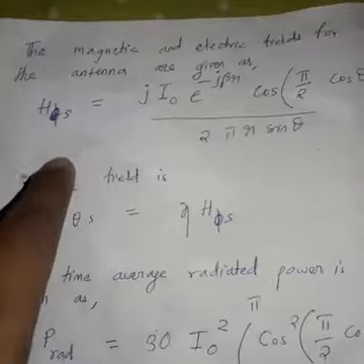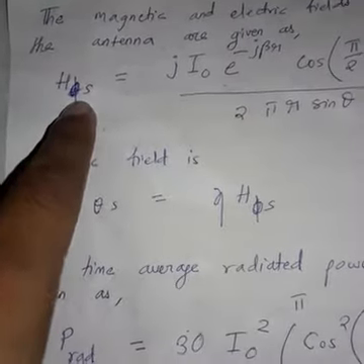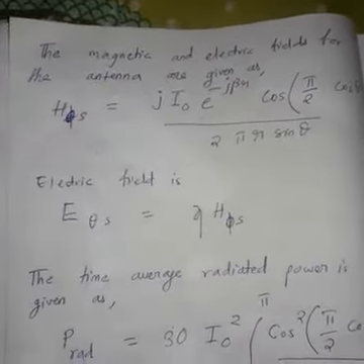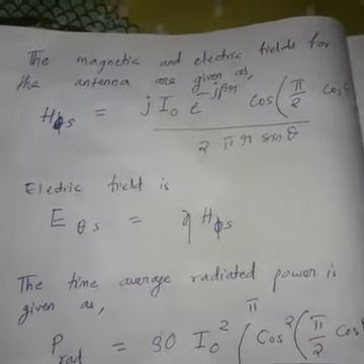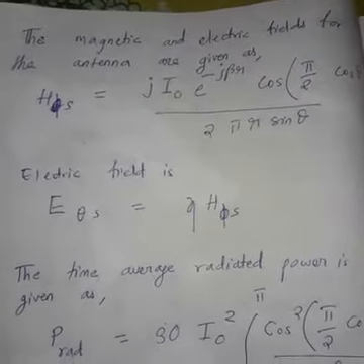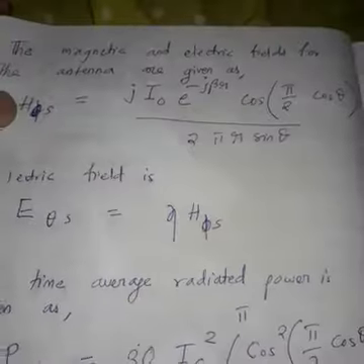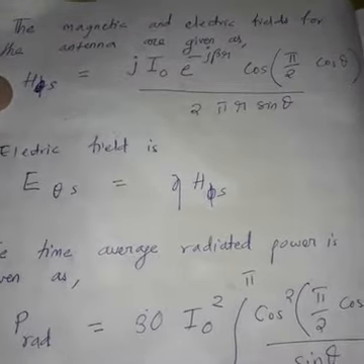Here you see two angles I have taken. Phi is the angle created by the magnetic field, and theta is the angle created by the electric field. Simply remember this formula. This is beyond our scope, because the derivations are in the antenna chapter of electronics engineering. If you look at applications of antennas, the derivation is there in detail. Those are very complex derivations with different terms of antennas. We need not go to that chapter, as it is out of our syllabus. I have collected this formula for you just to look at the value of the electric and magnetic fields.